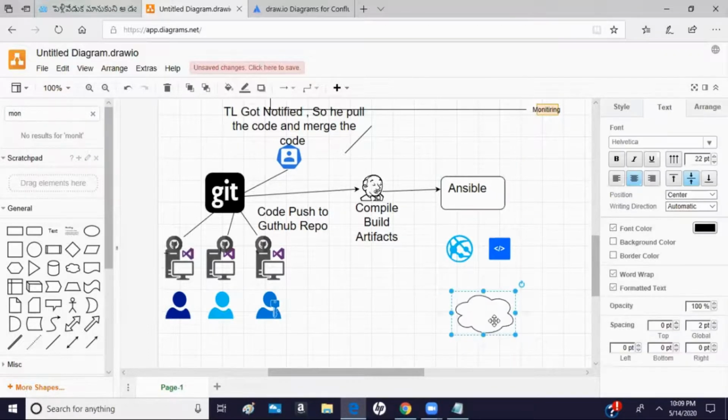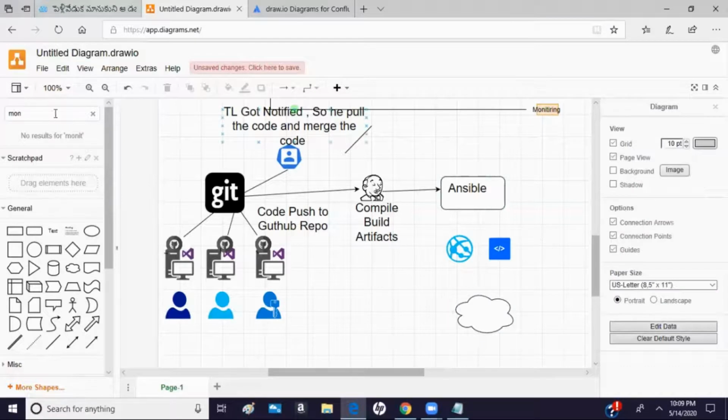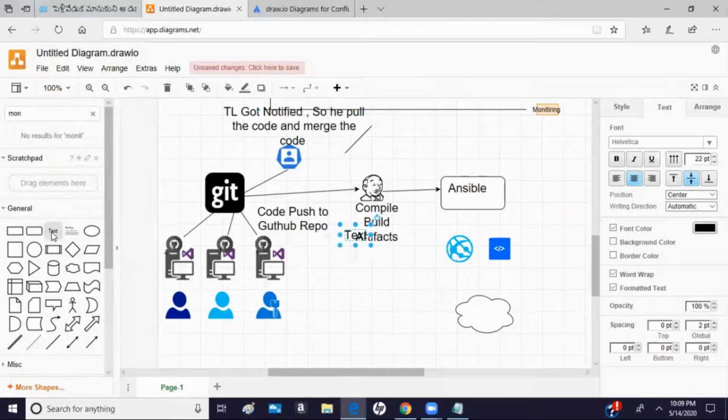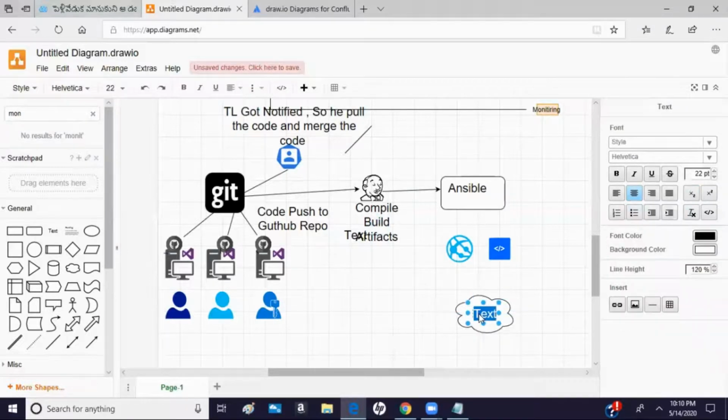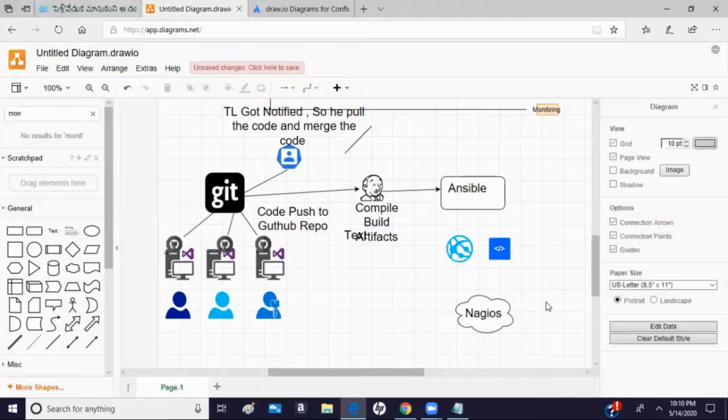Either you can use the tool called Nagios. You heard this name? Okay, no? So you can monitor the whole deployment using Nagios. This is one way you can propose to the customer.